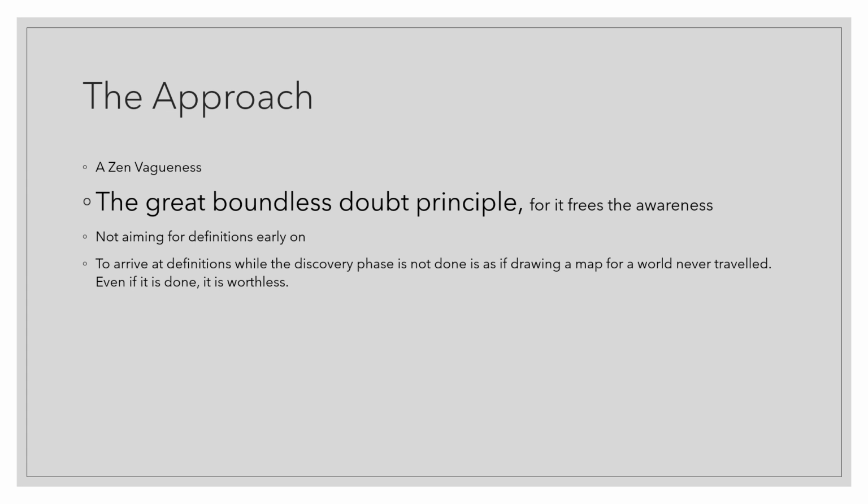So the Zen vagueness is important so as not to settle into a narrow idea. So the great boundless doubt principle, because no narrow idea could be the ultimate truth. Even if we figure out the whole mathematical apparatus, the underlying senses, what the operator set formed, the perceptions unveil in the meaning sense, and the plane where this meaning sense arises, all those remain to be understood. So all those aspects are in the discovery process, at least on the surface,